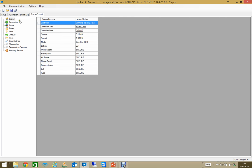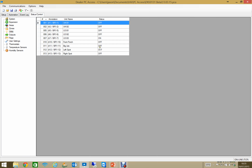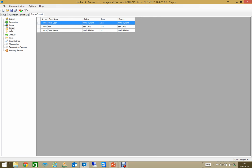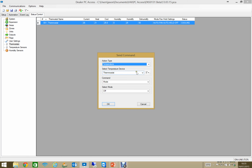So here I might be able to check the system time and whether the battery's charged and the power's secure, and I could go to thermostats and I can see the current temperature and heat set point for each thermostat on the system, and lights, I can see the status of lights and security zones and what the status of they are. So I can see all the information about the system here, and I can change things as well. If I just double clicked on the thermostat there, then I might change its mode or its heat set point, and as soon as I hit OK,